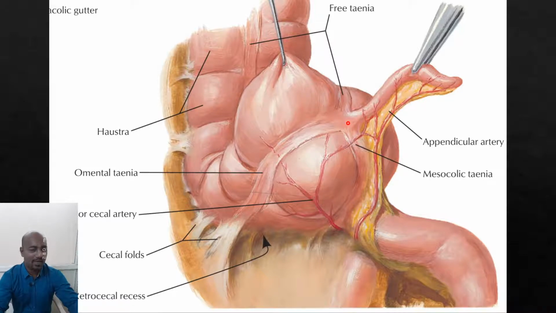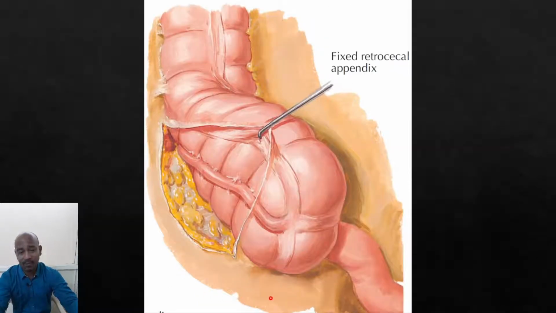So the chances of appendicoliths or fecoliths forming inside the appendix and blocking the lumen of the appendix, and then initiating an inflammatory response leading to acute inflammation of the appendix, is common in late childhood and early adolescence. Anomalies of the appendix like agenesis or duplication are exceptionally rare. They are not very commonly seen.